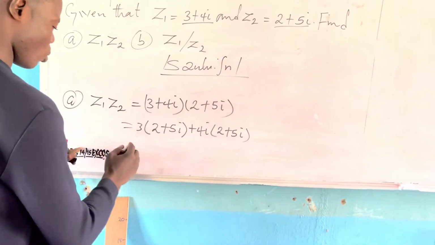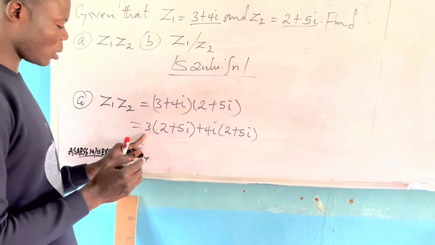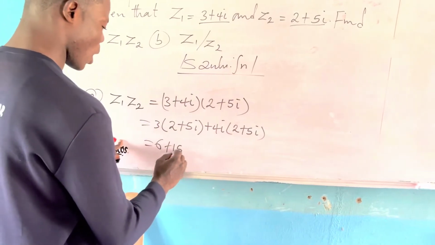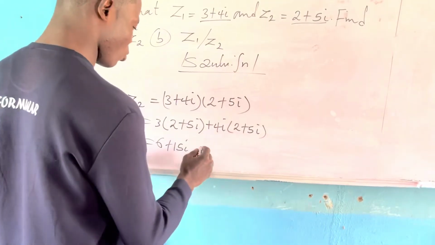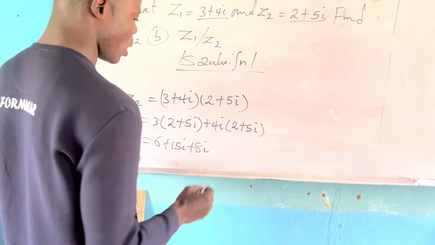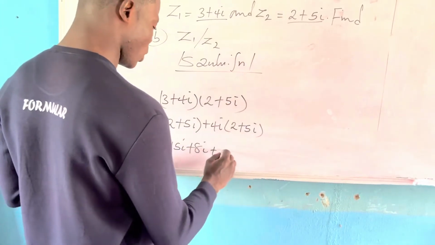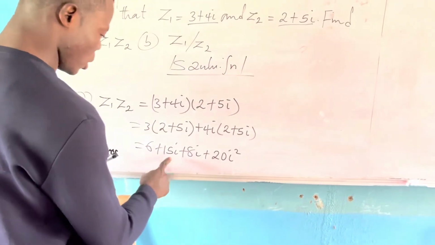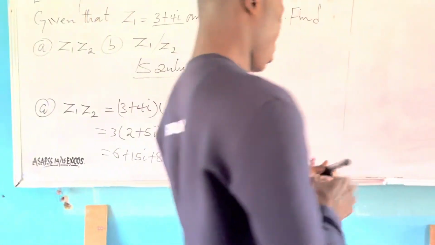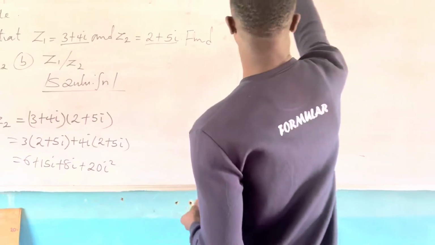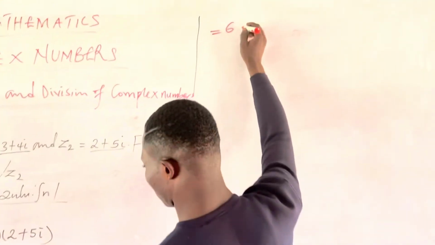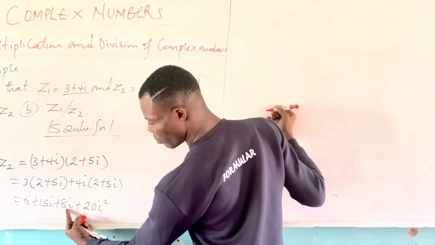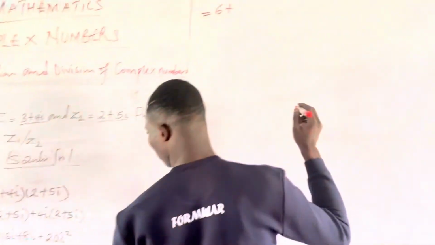So here we are going to expand this. 2 times 3 will give us 6, plus 3 times this will give us 15i. Then when you expand this, it's going to give us a plus 8i. And when you multiply this and this, it will give us 20i squared. So here, this and this can be added. We're going to have 6 plus, so when you add 15 and 8,